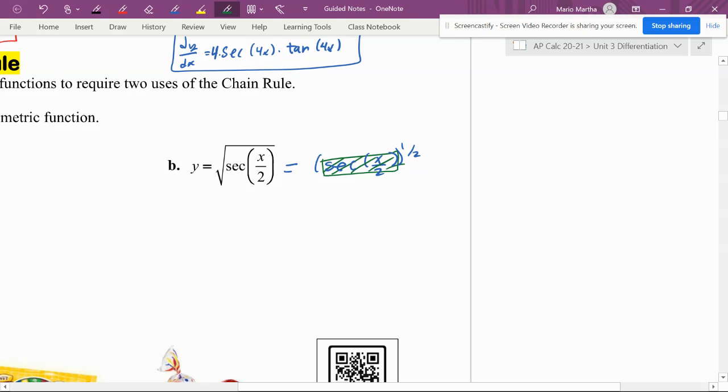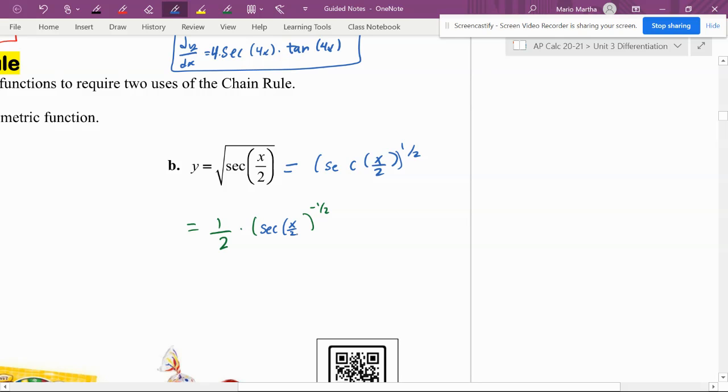I know n is 1/2 times that something, and then n minus 1, or 1/2 minus 1, would be negative 1/2. So I remove that layer that I just added. Now I look at the inside. The inside remains the same. I put it in there, secant